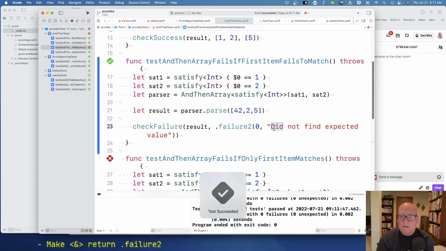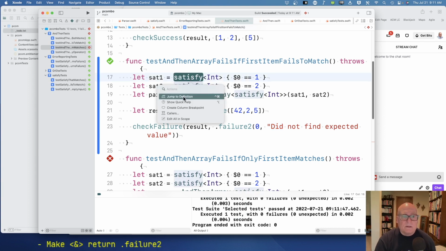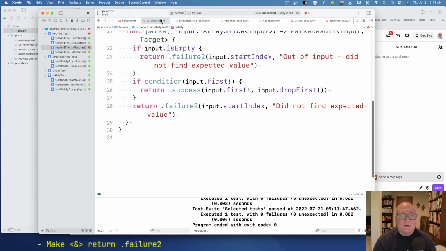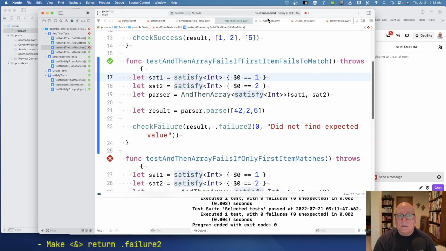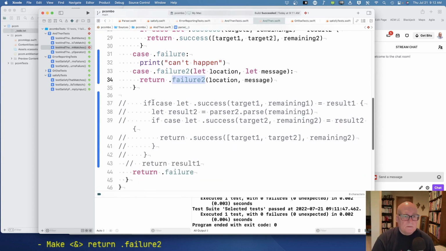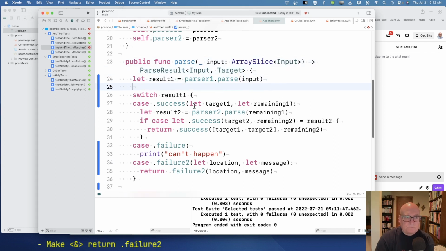Okay, did not find expected value. Oh, that is what we put in our sat parser. Okay, let's double check that. Did not find expected value. Okay, good. Now, so we don't need this. Okay, so if it fails to parse,